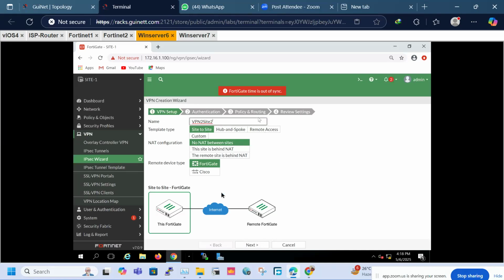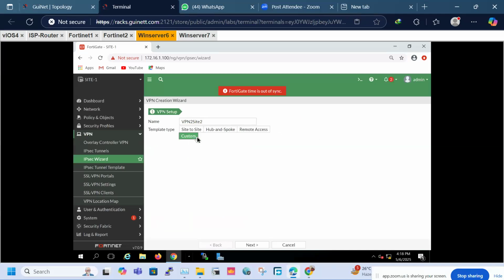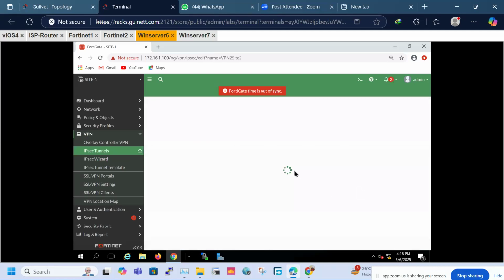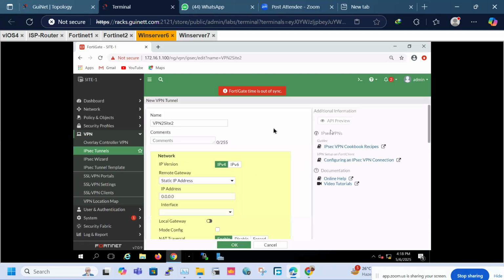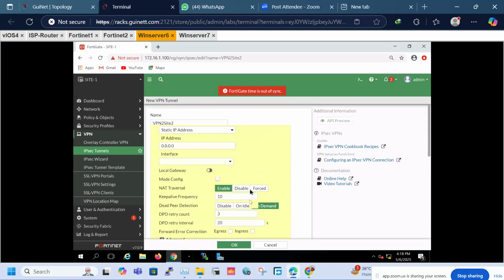So yesterday we used this template based VPN creation, where I chose site to site and then proceeded with the next and defined all the parameters. Everything was created automatically. So today we will see the custom creation of the VPN tunnel. So I'll click on custom and then click the next button. So guys, here you can see we are getting the options to configure all the parameters of phase 1,